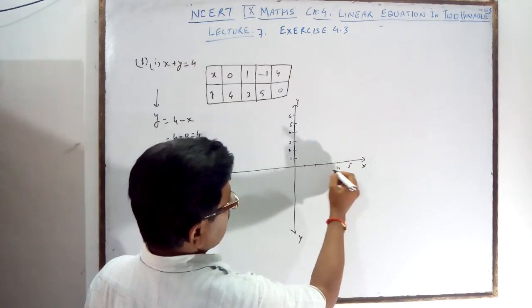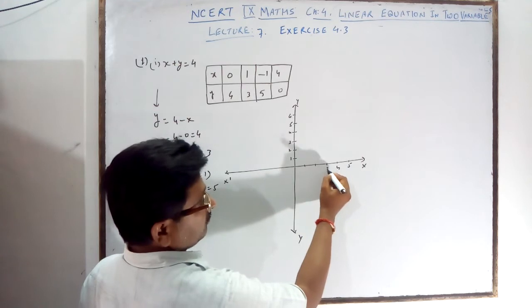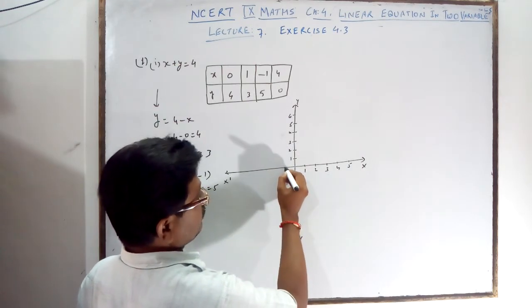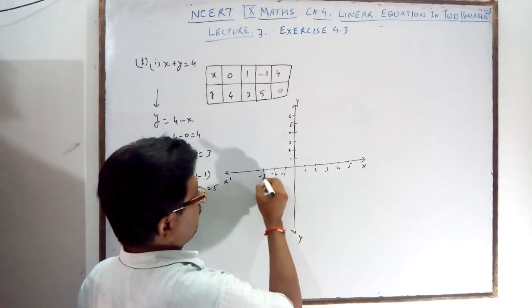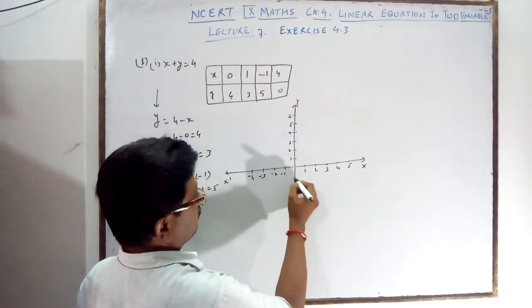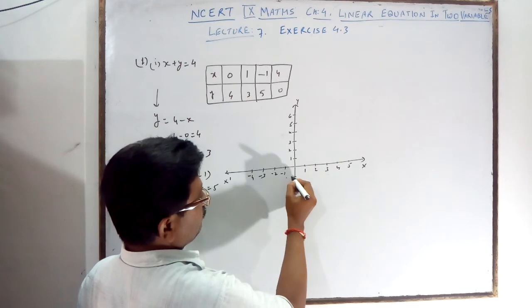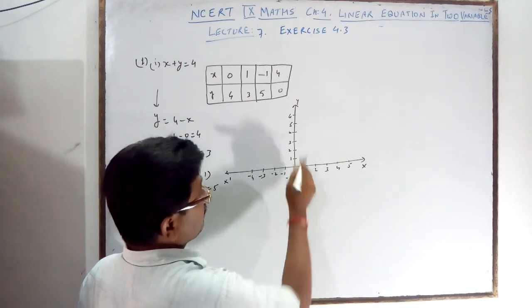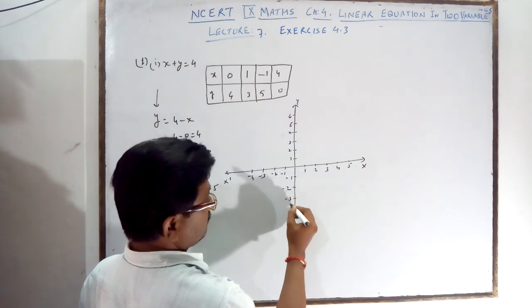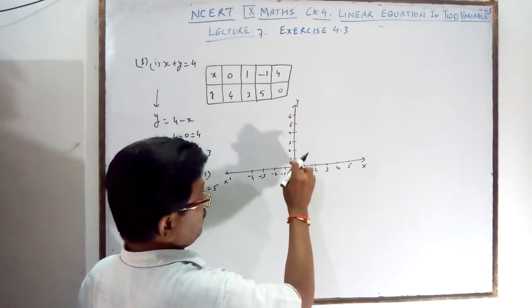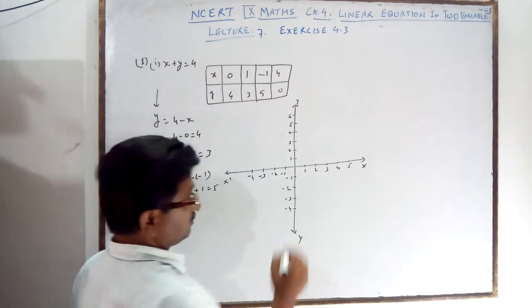One more we will take and write down. Here you write the negative signs: -1, -2, -3, -4. It is not necessary to take 5, 6; it depends on the numbers. You can use fewer numbers also.